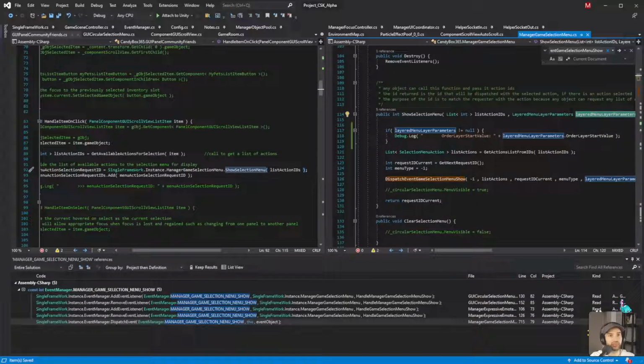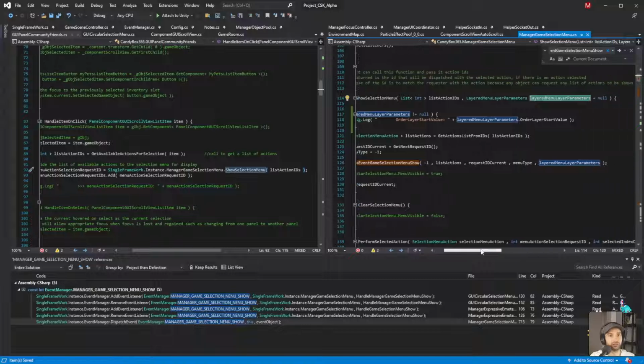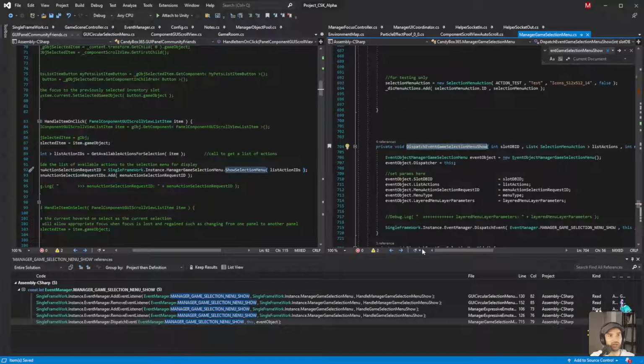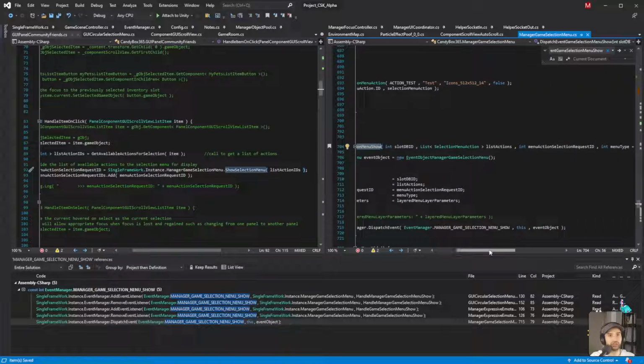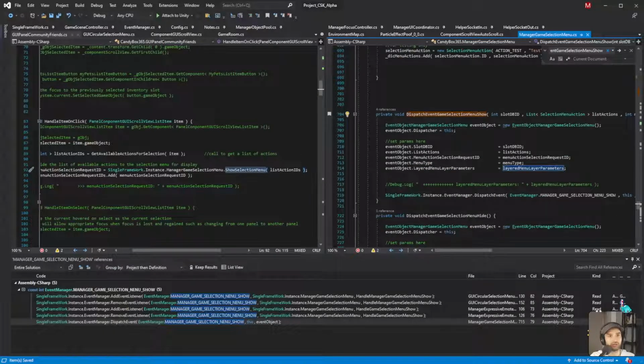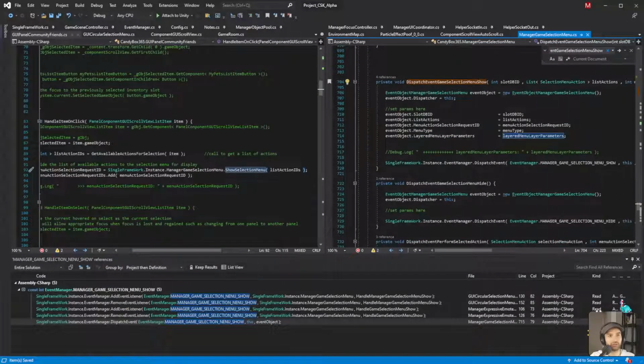So when that is null, right, because null is acceptable here, if it is null at a certain point, it'll default. So when it comes to here and it's null, it gets passed through the event system, and then we go and capture it.